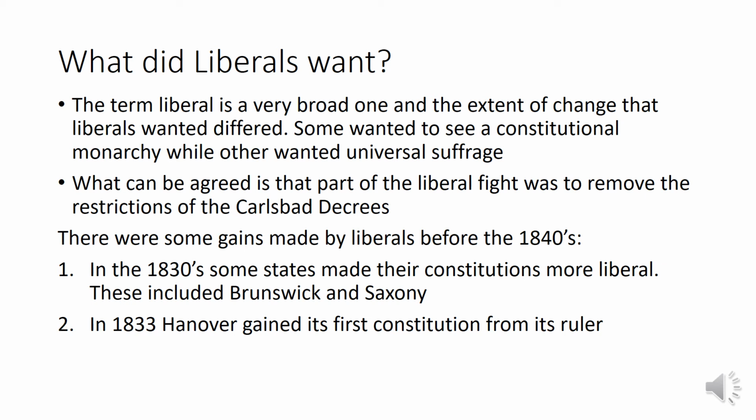So here we see the constitutions, or the rules that limited what governments and kings could do, becoming more liberal or being introduced for the first time. And this was a big step forward for liberals. There are some more gains the liberals make during the 1840s, but I think it's important to highlight here that liberal gains were already being made before our course starts. So this isn't something new that starts in 1840. This is something that has been bubbling over in Europe since the War of Independence in America, since the French Revolution.